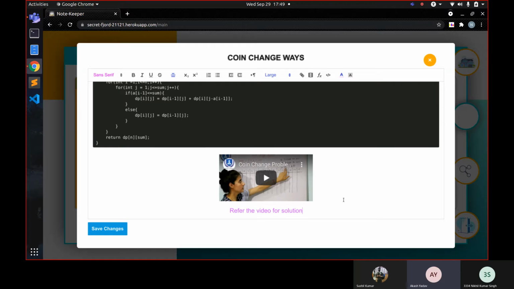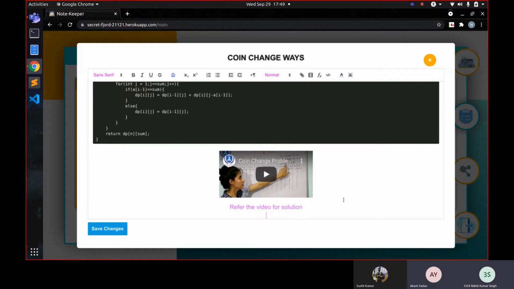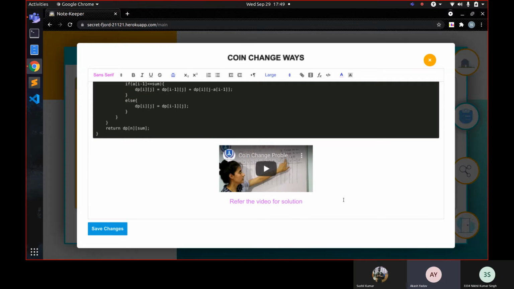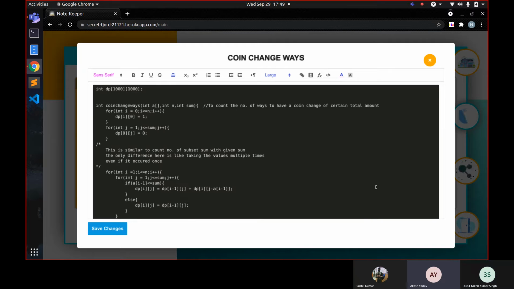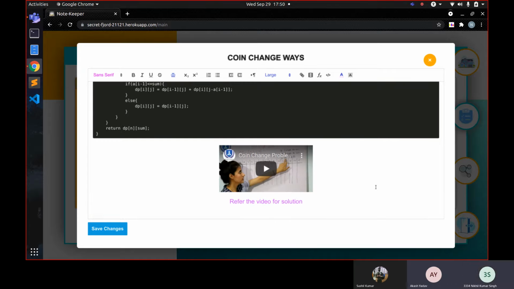And we can also embed a video; you can see the video is being embedded through the link. We can also provide a link to a particular text, and we can also use code blocks. Like you can see above the video, the code block is being used so that a user can put his code in a neat and clean manner. And this is all about our editor.